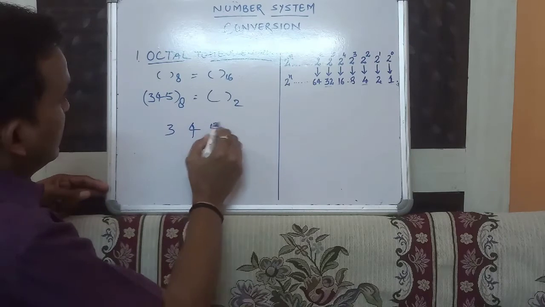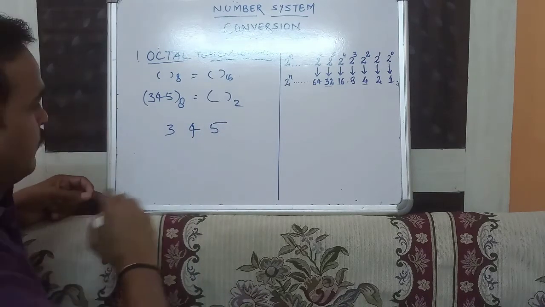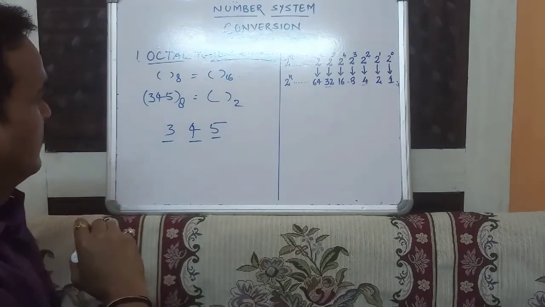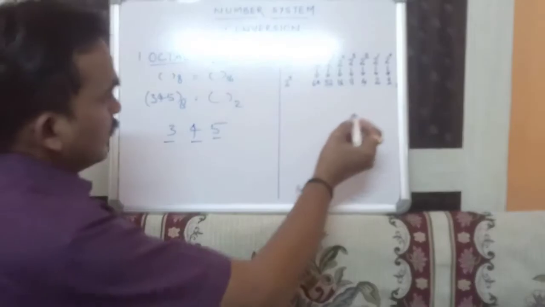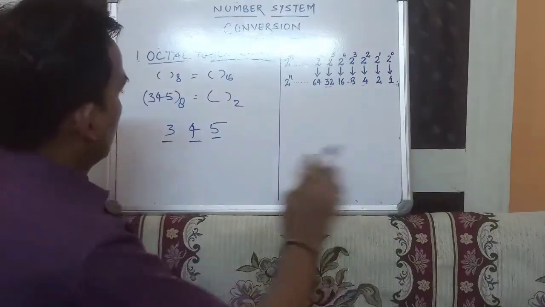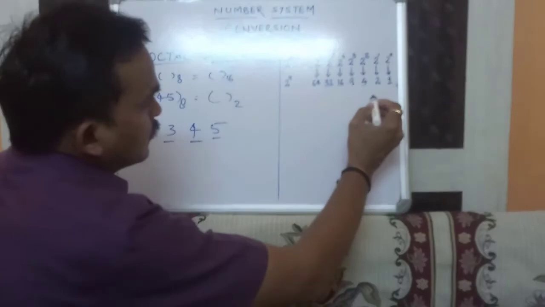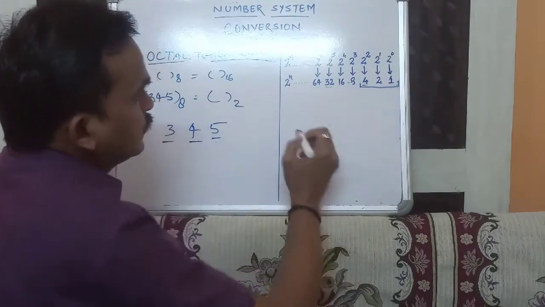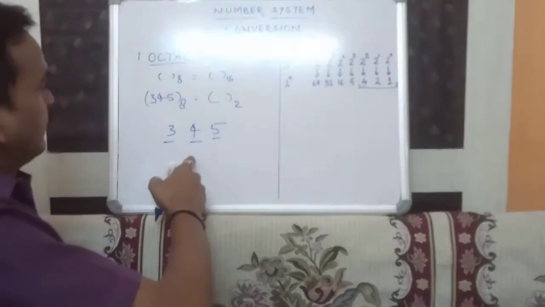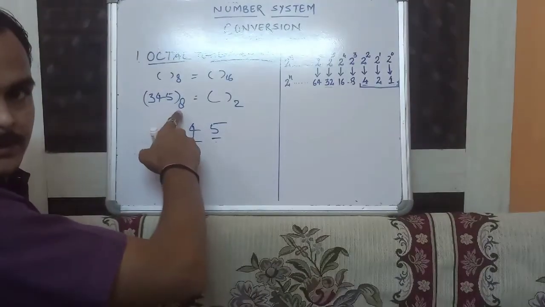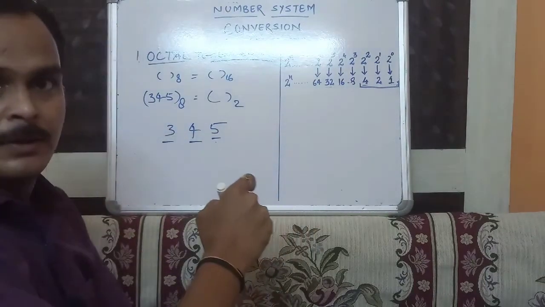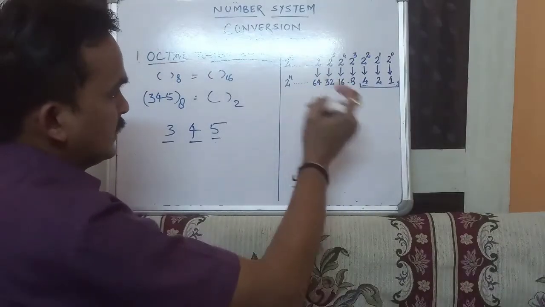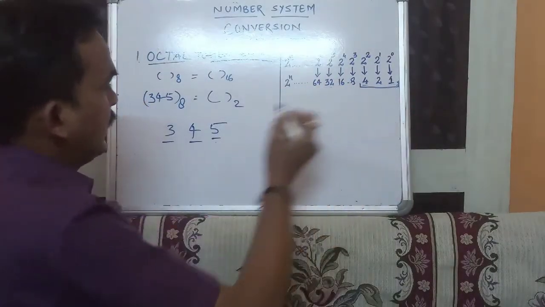number 345 and we will calculate the individual value of each digit in terms of binary using this series. So if we talk about the 5, we will take these three values. Why do we take these three values? Because the value is in octal base. Octal has a base of 8, that's why we will take three values in this series. So in these three values we will find out the 5.